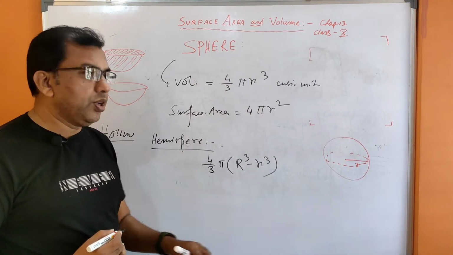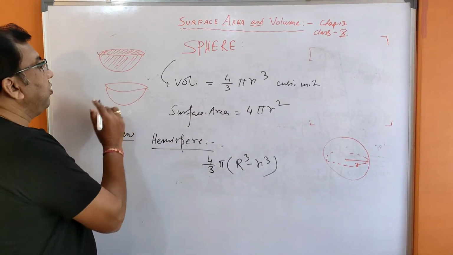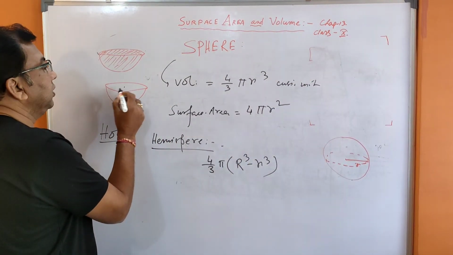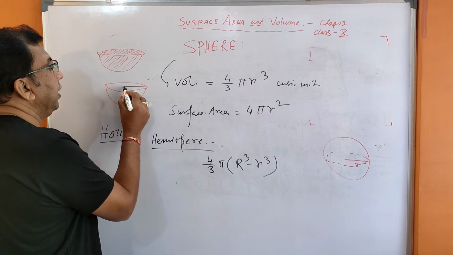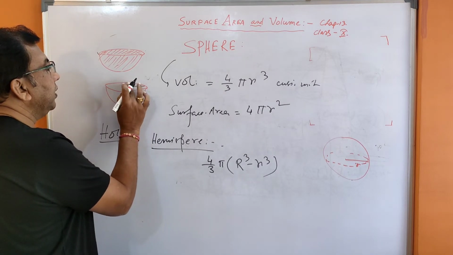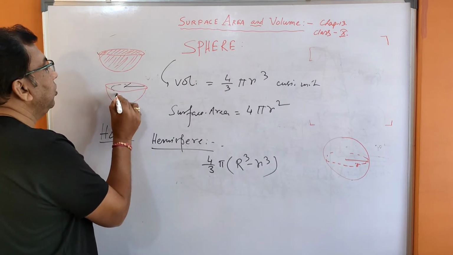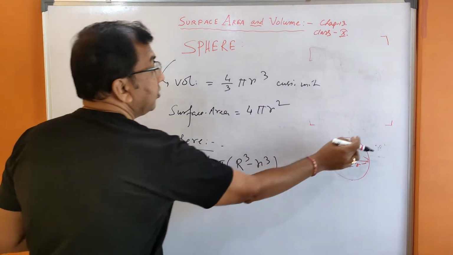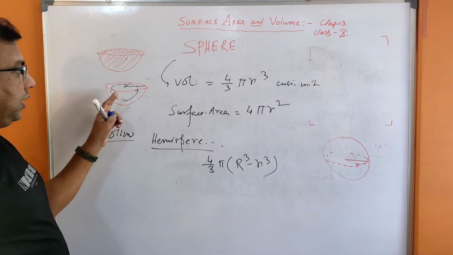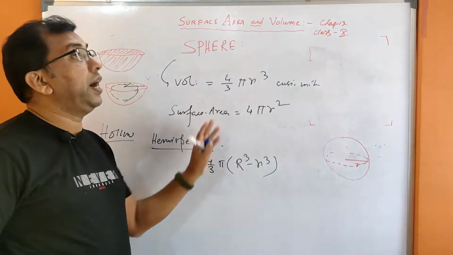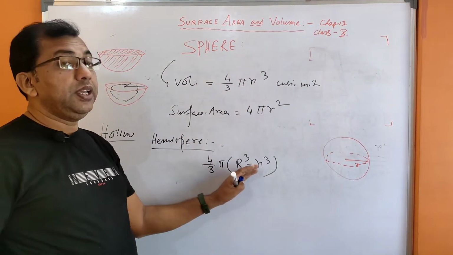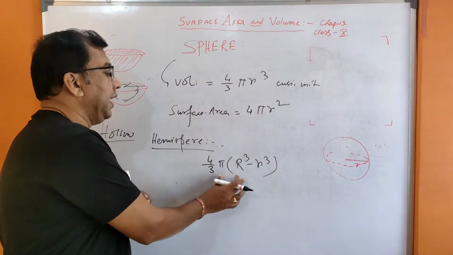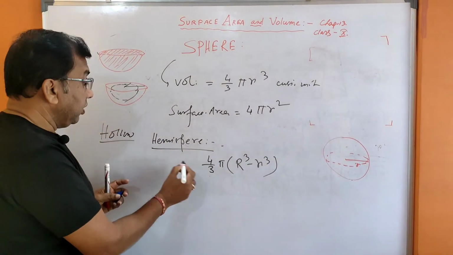Because in case of hollow, what is in the case of cylinder? Capital R, small r out there, hollow figure is there. Okay, so in that case 4/3 pi R cube minus 4/3 pi small r cube. So if you take common, this will come. Next, it is the volume.